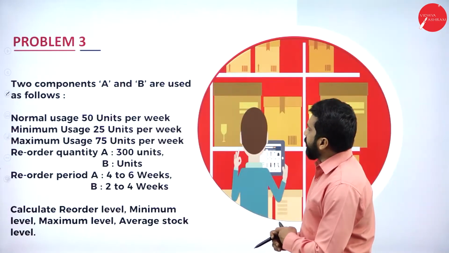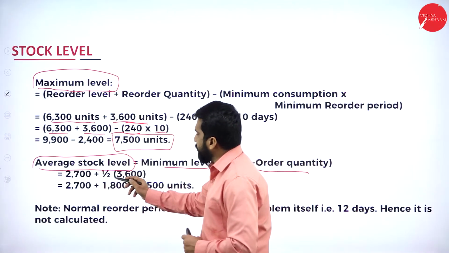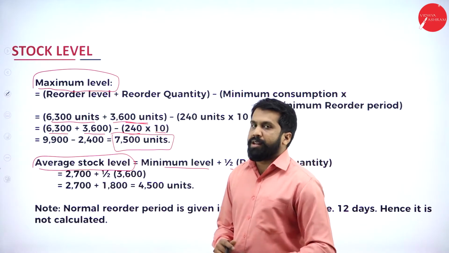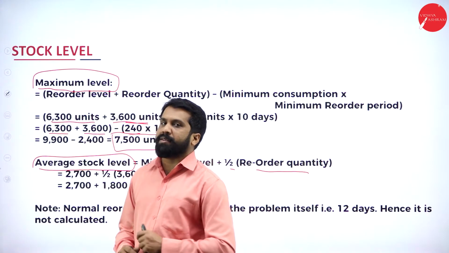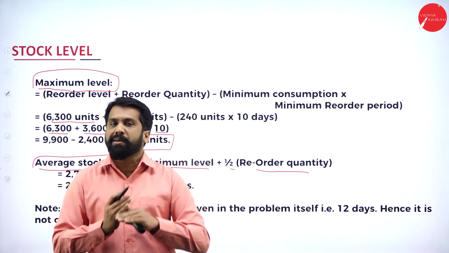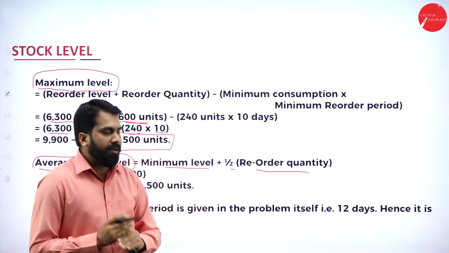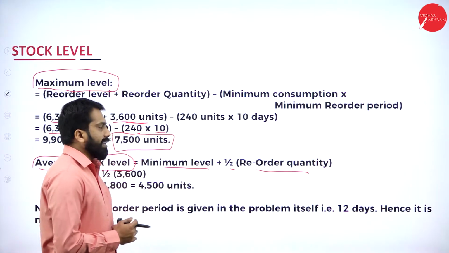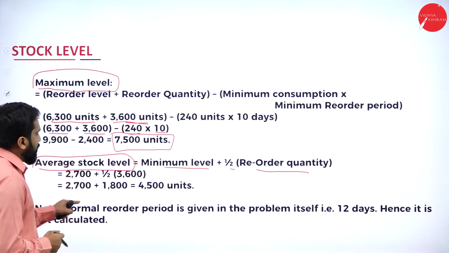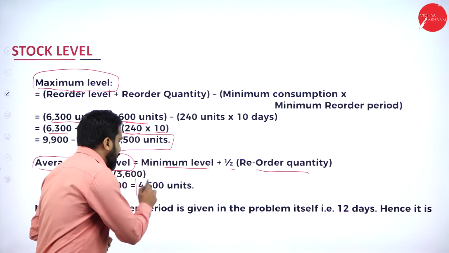So you take 2,700 plus half of your reorder quantity. Reorder quantity is already mentioned in the question paper itself. It is 3,600. Half of 3,600 is 1,800. Now 1,800 plus 2,700, your final answer is